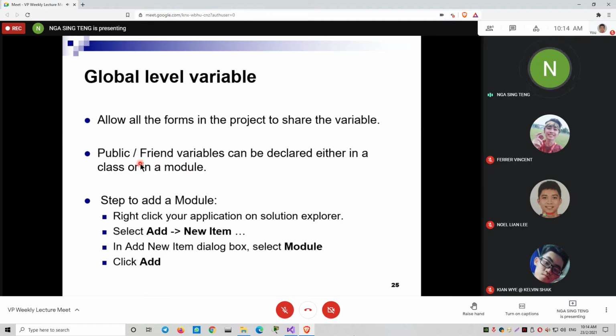So if you don't want to put it inside that particular class, that particular form, you can put it under a module, as I mentioned. Just add a new module or add a new item. Go and find a module. Add module. Then you put these particular variables under the module. This can be accessed in so many different forms in the same project. I think that will be the highest level we can go. Otherwise, you don't go for